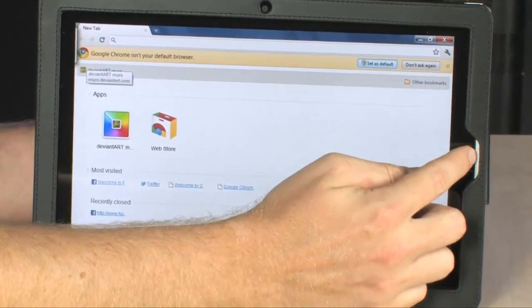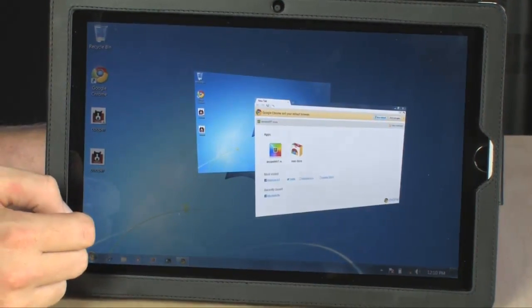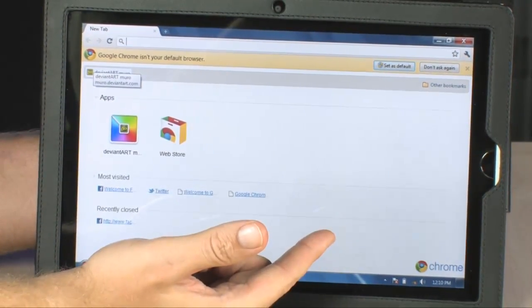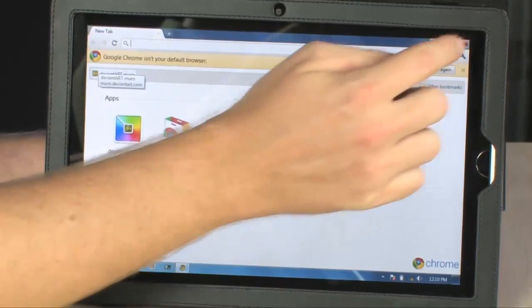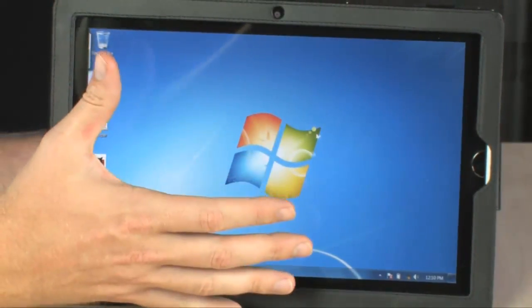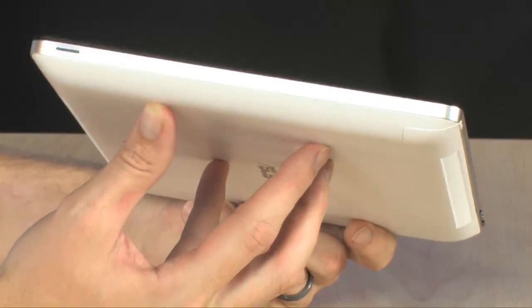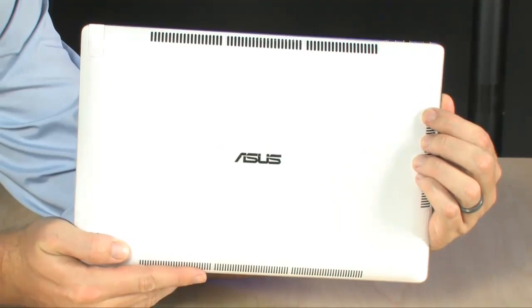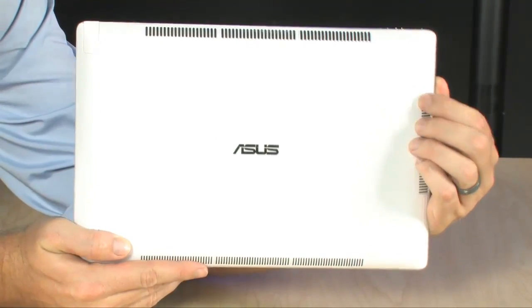It also has a home button located right over here, which will automatically take you into the Windows task switcher, making it very easy to navigate through all of your open applications. It really is a gorgeous display on this thing. As you can see, it is extremely thin. It has a white plastic back, so you don't have to worry about getting all nicked up and marred with